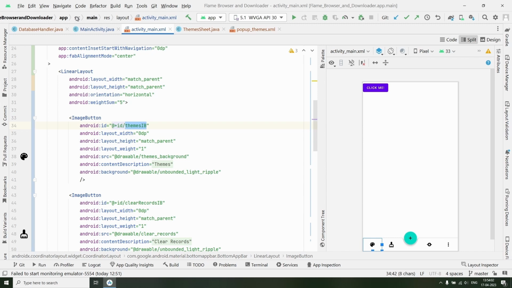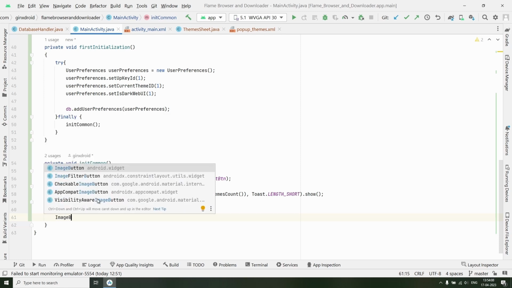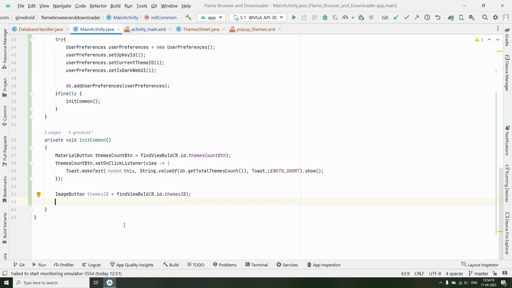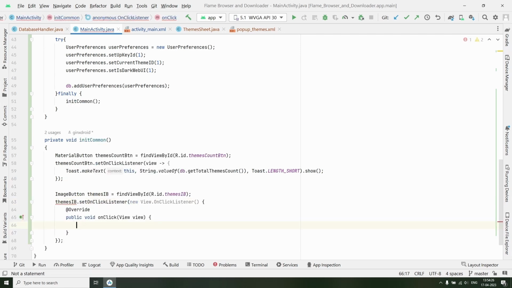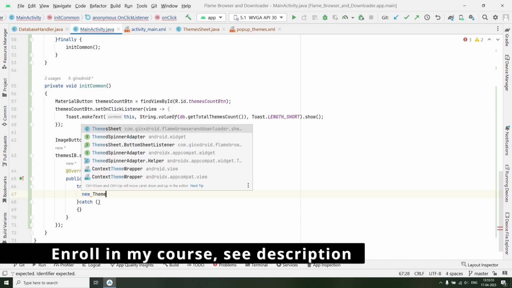So we will reference this image button inside our init common as ImageButton themesIB is equal to findViewById R.id.themesIB .setOnClickListener new OnClickListener. So inside this onClickListener we will create a new try catch block, and we will call new ThemeSheet